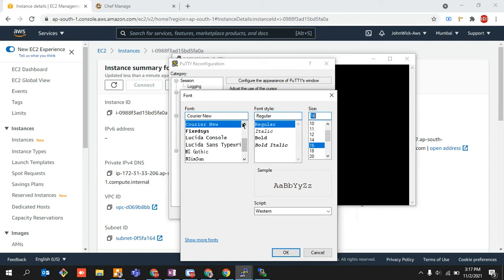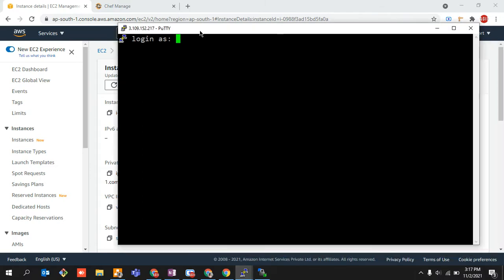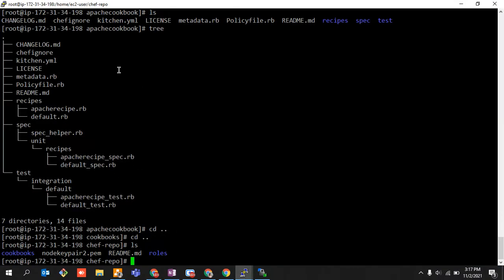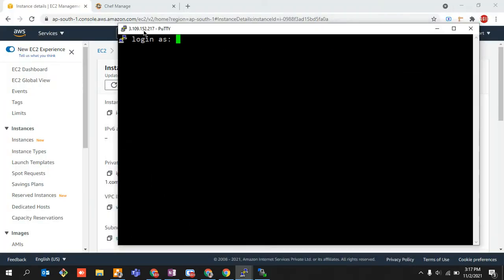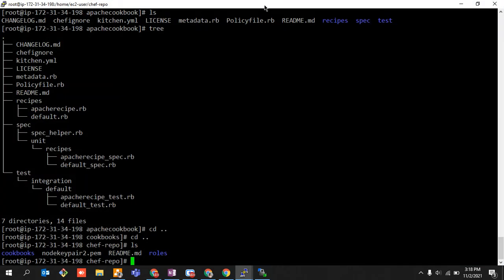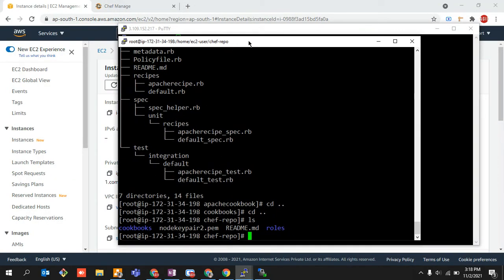This time it's 16. Consoles. OK. So this is my node machine, guys, right? This is my workstation 34198. This is my node machine 152217. So you can just see the IPs being displayed over here, right?